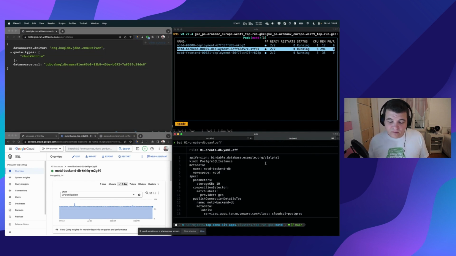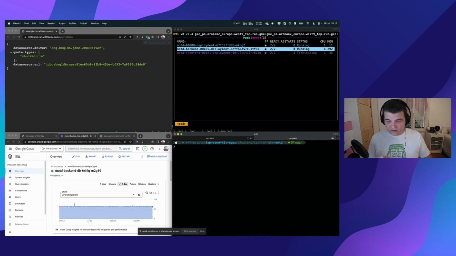I use open source projects such as Crossplane, for example, to create this database. So it's basically a Kubernetes entity that you use, and then Crossplane will take care of creating the resources on the cloud I'm using. So it's like Terraform, but all running inside the cluster. And now what we want to do, we want to switch from the default database to the Google Cloud SQL